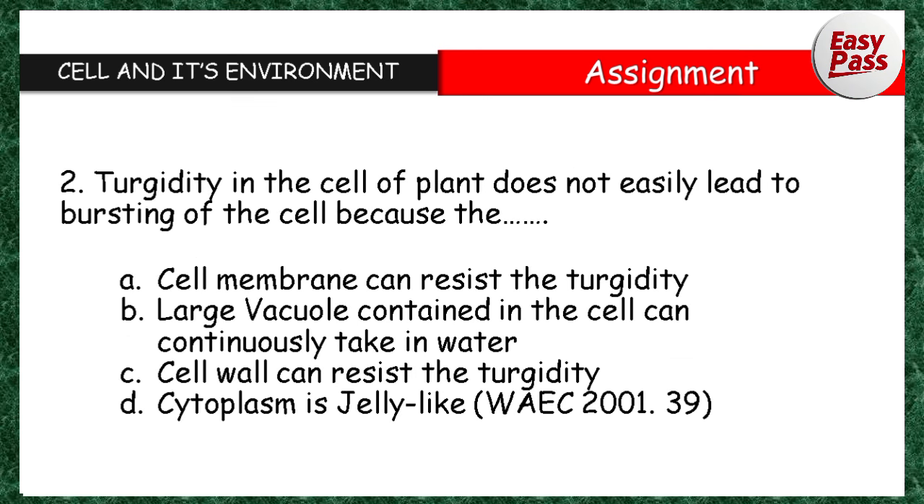The second question we have on the board, which I'll be expecting the answer to in the comment section, is: turgidity in the cell of plants does not easily lead to bursting of the cell because, A. cell membrane can resist the turgidity, B. large vacuole contained in the cell can continuously take in water, C. cell wall can resist the turgidity, D. cytoplasm is jelly-like. That's a WAEC question,